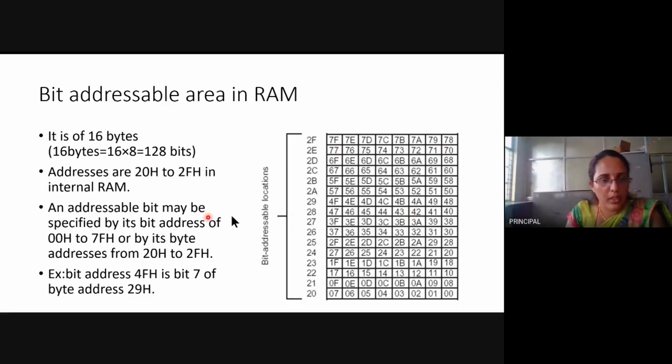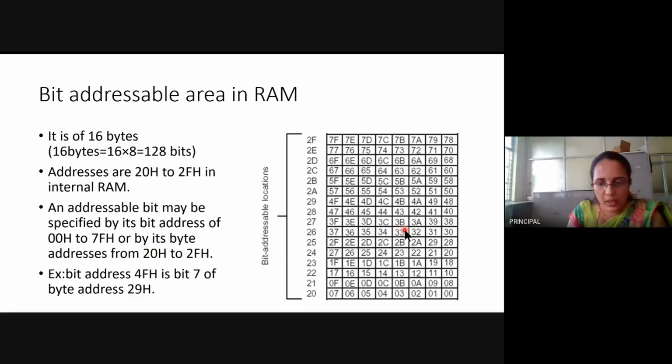So there are 16 bytes, 16 into 8, that is 128 bit addressable locations in the RAM, and addresses are 20H to 2FH.